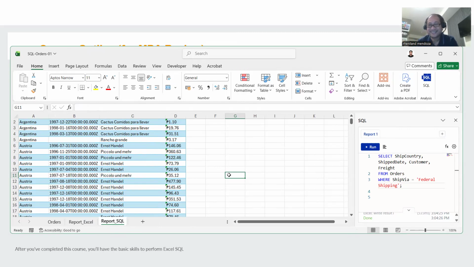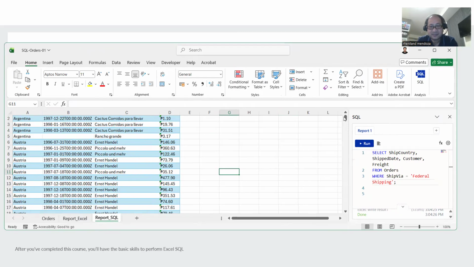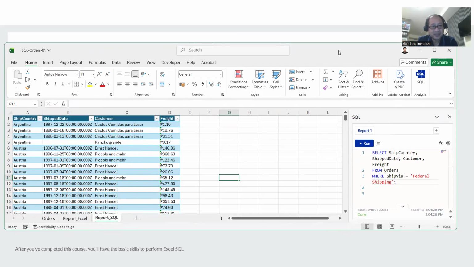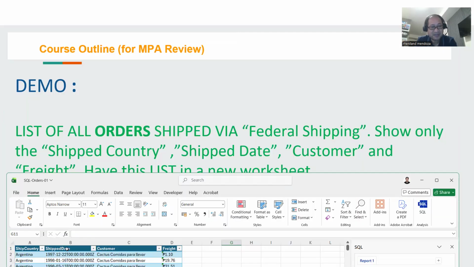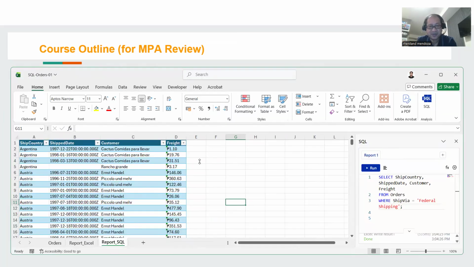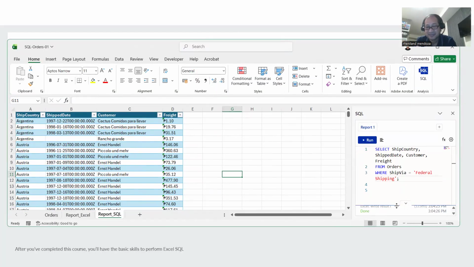And that's it. And this is actually a complete report because look, the order has been fulfilled. Let's paste this up. See, the order has been fulfilled. Ship country, ship date, customer, and freight, without us going onto the hassle of rearranging columns. So those are two advantages already. The third advantage is the speed.